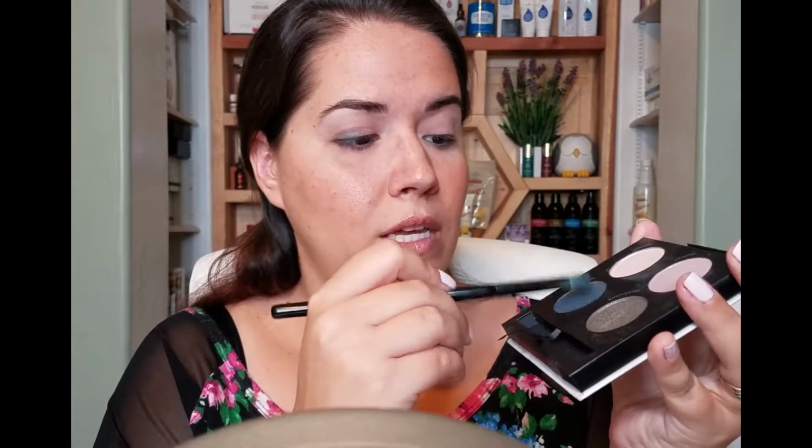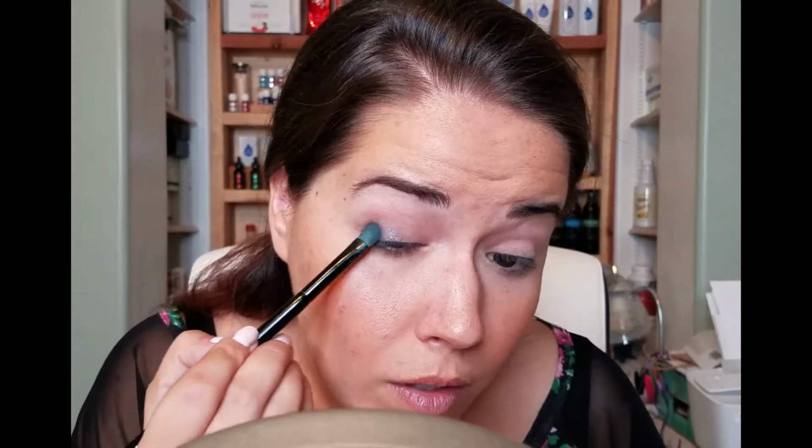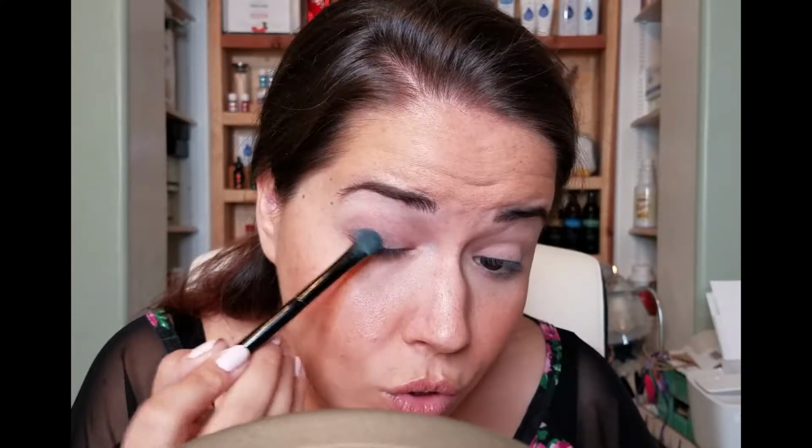And you know what? I'm not going to even tap off. Give it a little spritz. There we go. So much better. This color is so pretty. So by tapping it on,